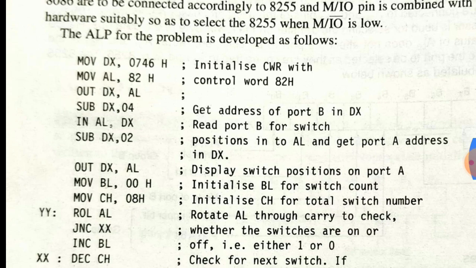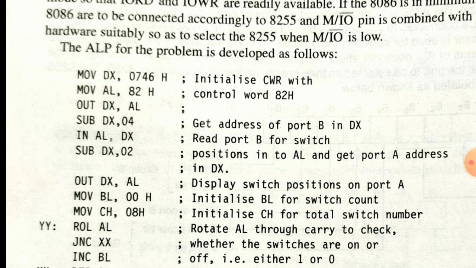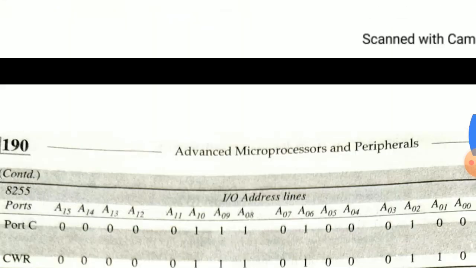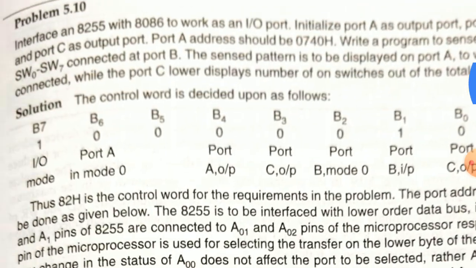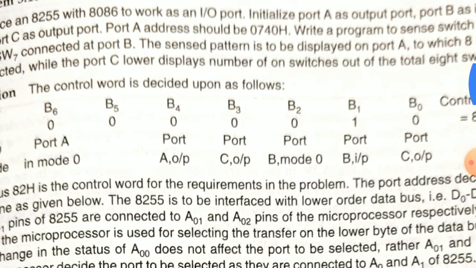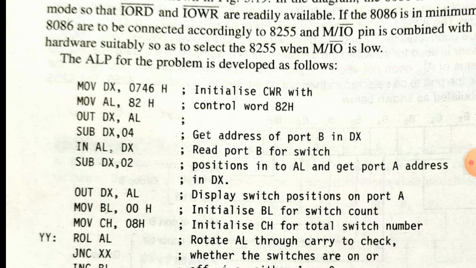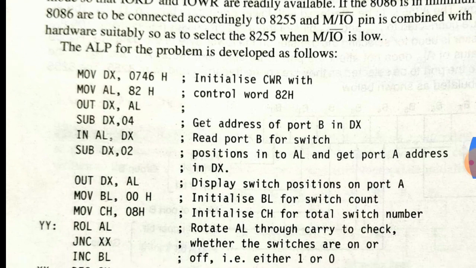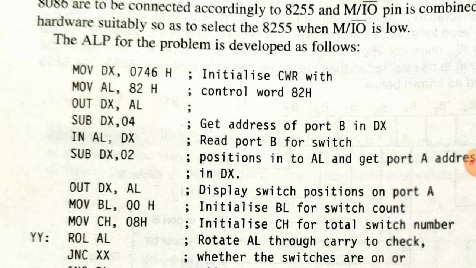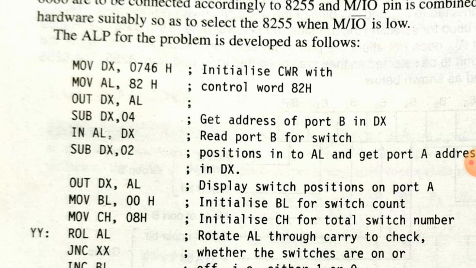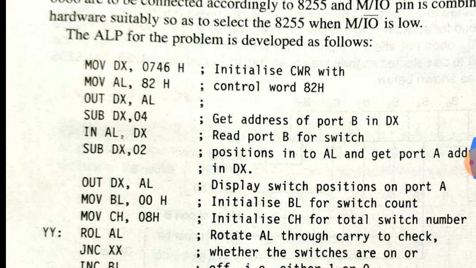So we pointed out the CWR register with that. Next instruction, move AL comma 82H, because 82H is required to load into the control word register. So the 82H value is first loaded into the AL register. The next instruction is out dx comma AL. Out dx comma AL means the AL content, 82H, is transferred to where?